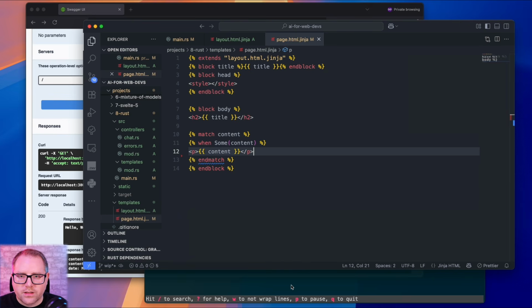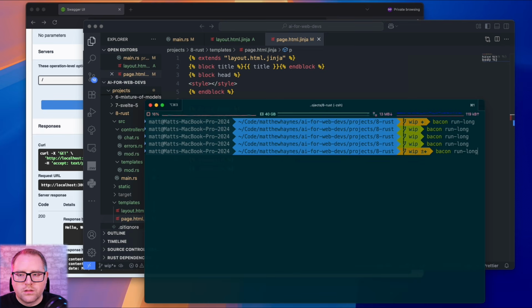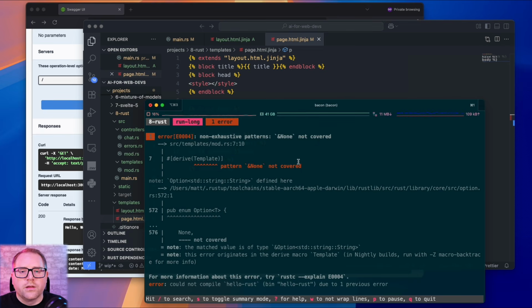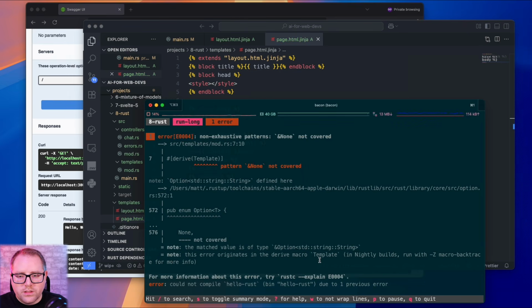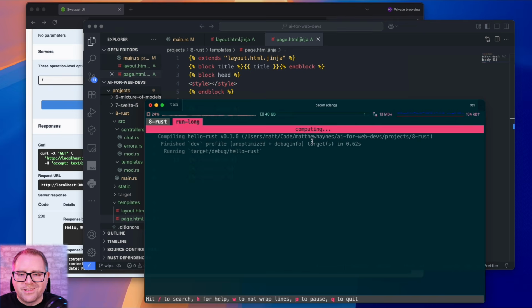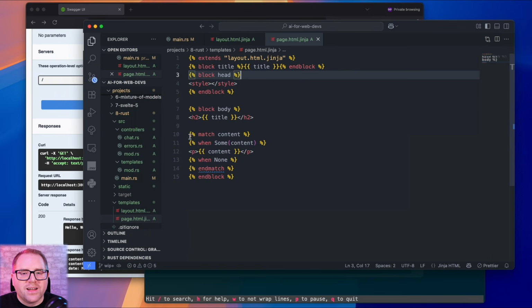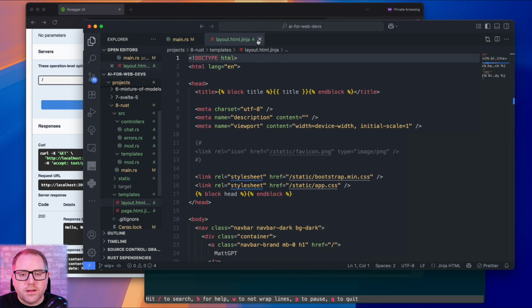It'll say we're not checking all of the branches. So you can see here it's actually exhaustive. Templates don't trigger bacon, but you could see there when compiling it actually did force us to check everything. That's pretty nifty.